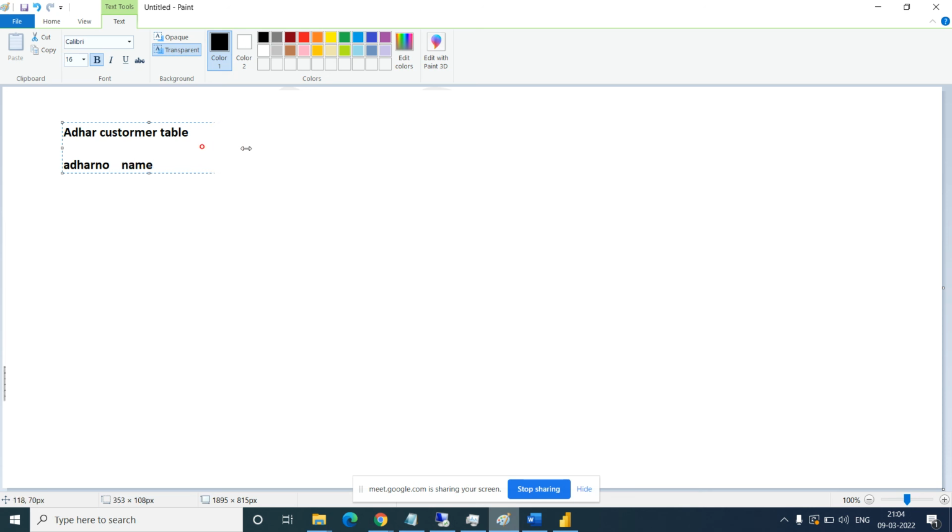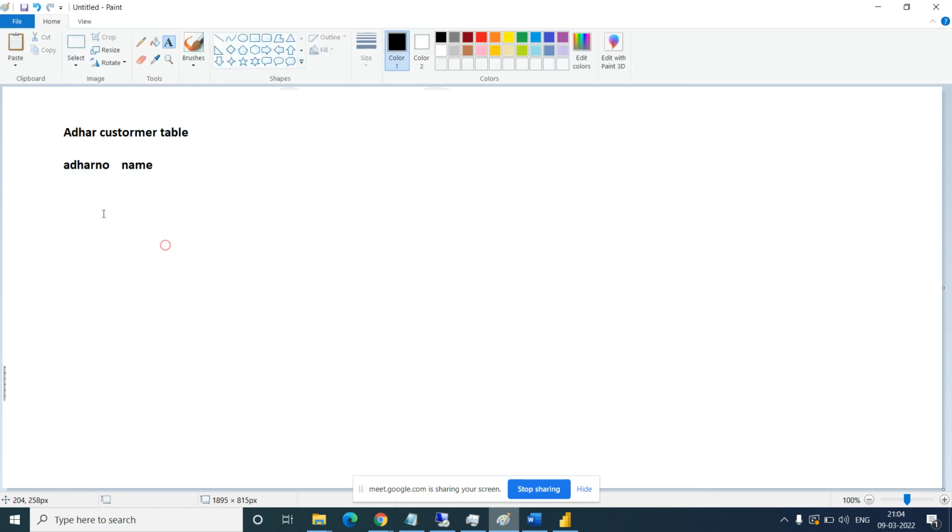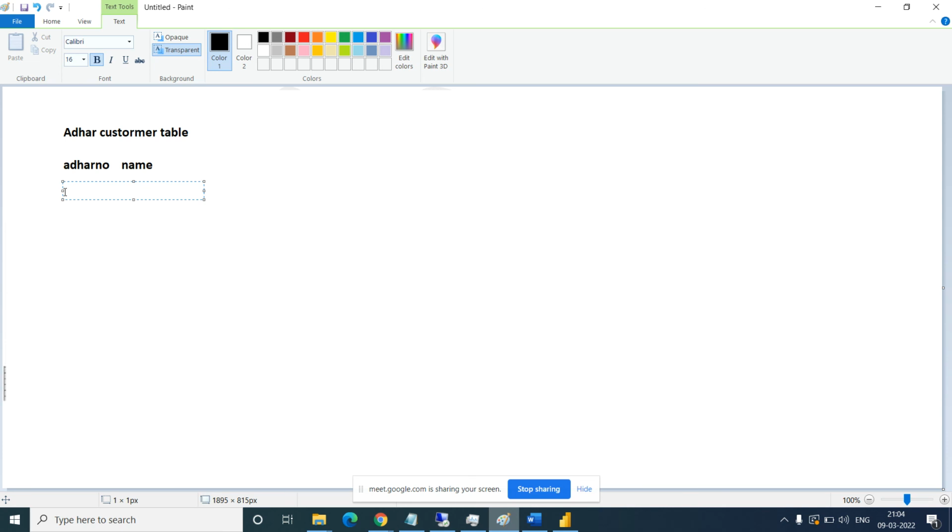So I have created a table with Aadhaar number and name.